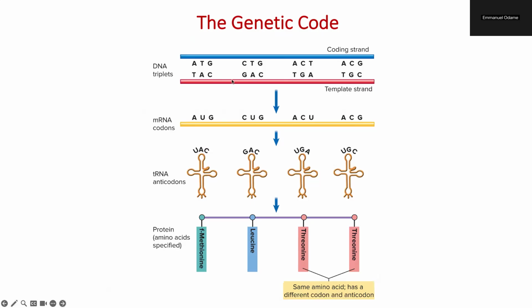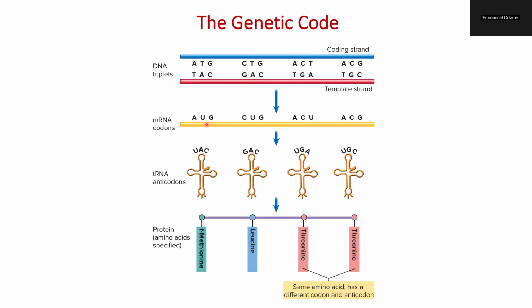So imagine this. Here. So now we have our DNA strand here, and then replication happens. So then we end up having a template strand which we just created from this parent strand. So then this template strand will now be changed into mRNA, and then we have transfer RNAs which will come and basically